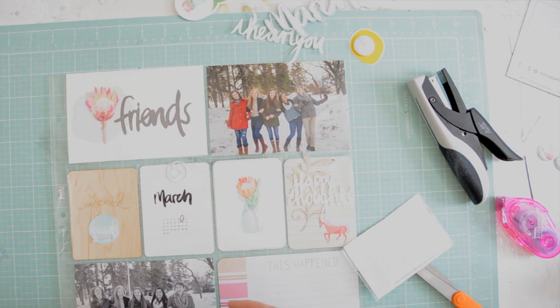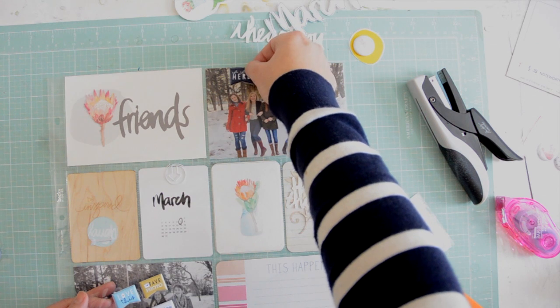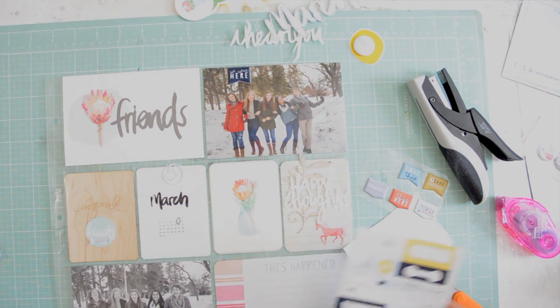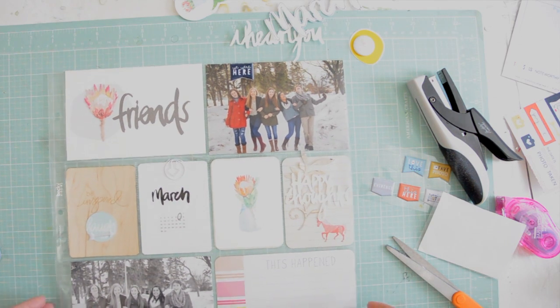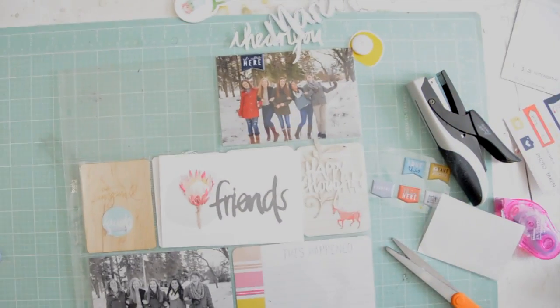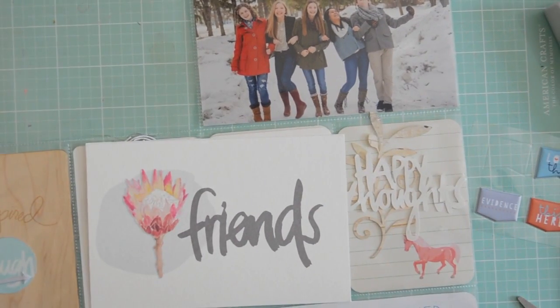You can see on the March card I circled the date, the 7th. That's when we took the photos, and I think those cards are really cute to use anywhere actually, but especially for pocket scrapbooking, because I love the simplicity of them. I actually saw something similar, but it was on a big scale, and I wanted to make something in a smaller scale. So the Friends card I printed out on watercolor paper,